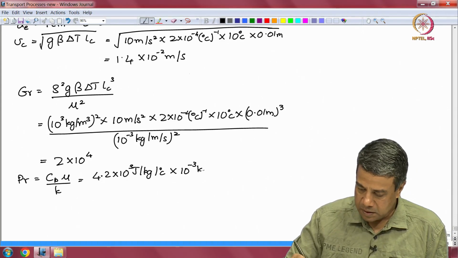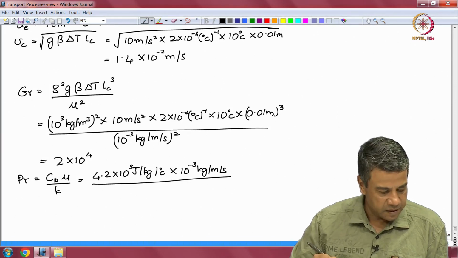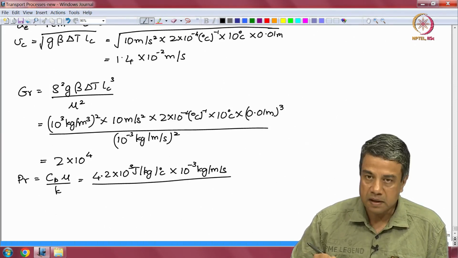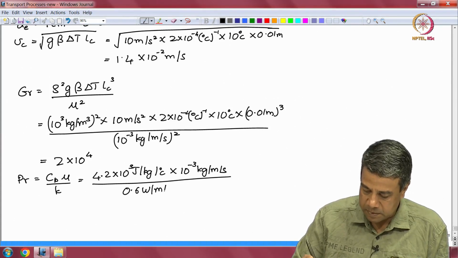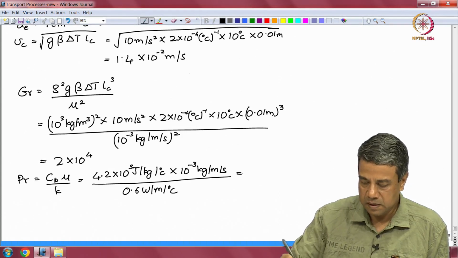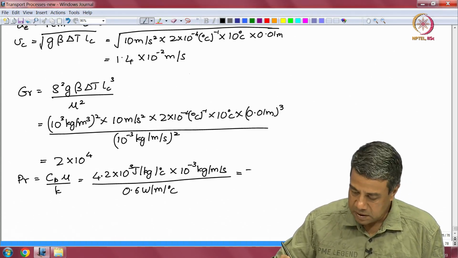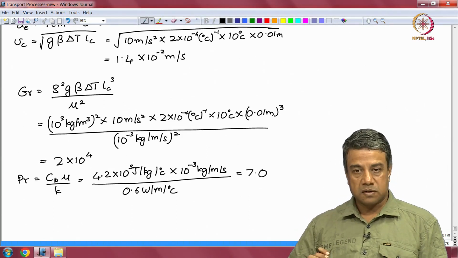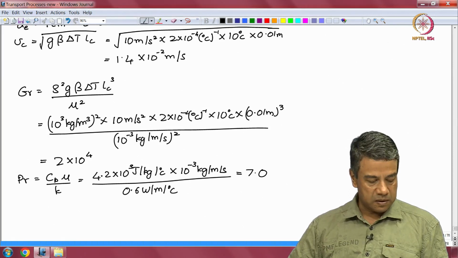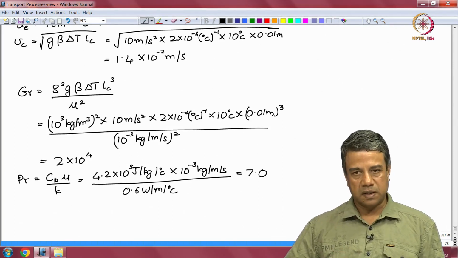Okay, kg per meter per second divided by the thermal conductivity 0.6 watt per meter per degree centigrade. This once again you can verify is dimensionless. The end result you get will be 7. Okay. So, Grashof number is almost always large, Prandtl number is almost always order 1, for these kinds of